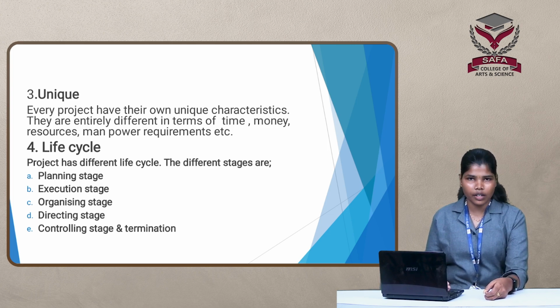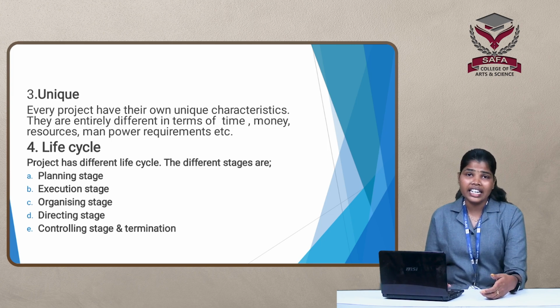The next stage is execution stage. Execution stage is mainly related with the implementation, that is converting our project idea into a reality. That is known as execution stage. Then third stage is organizing stage. Organizing stage is evaluating and analyzing the various activities required for the completion of the project and also a predetermination regarding the duties, authorities and responsibilities required for performing the activities. That is known as organizing stage. And the next one is directing stage. Directing means providing instructions, support or guidance for performing the activities, that is known as directing stage.